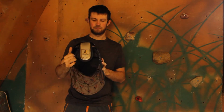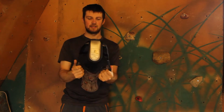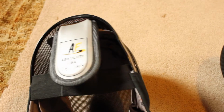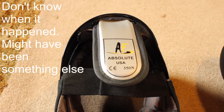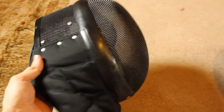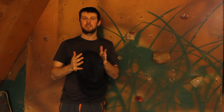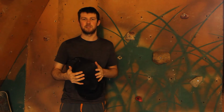This one did actually at some point, I guess, take a hard hit, and it is dented in slightly, but you don't notice the feel at all. And so for the price, these are really good masks. Really durable, dependable. They'll always fit you, but they're never going to be a nice full circumference fit around your